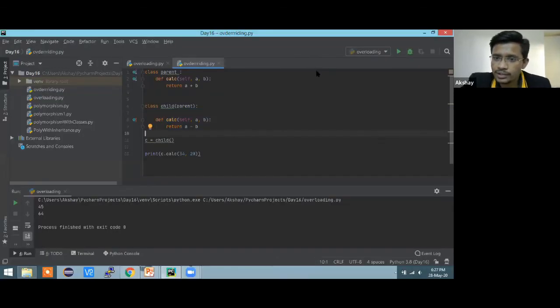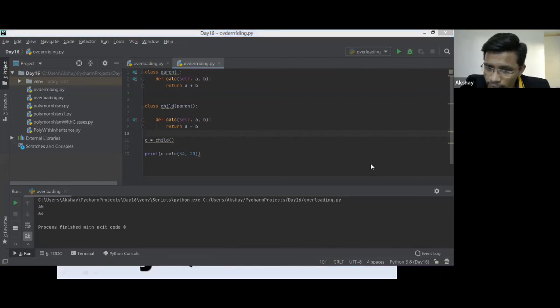So, any doubts in overriding and overloading? Overloading is used for avoiding repetition. If you want to change only a few things, or you don't want to pass the same number of parameters every time, you can use it.